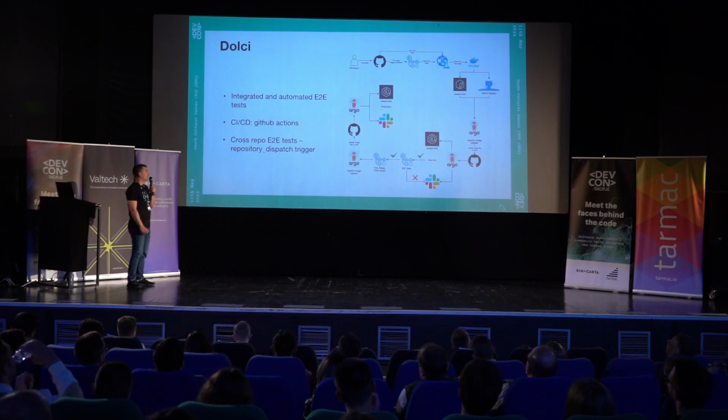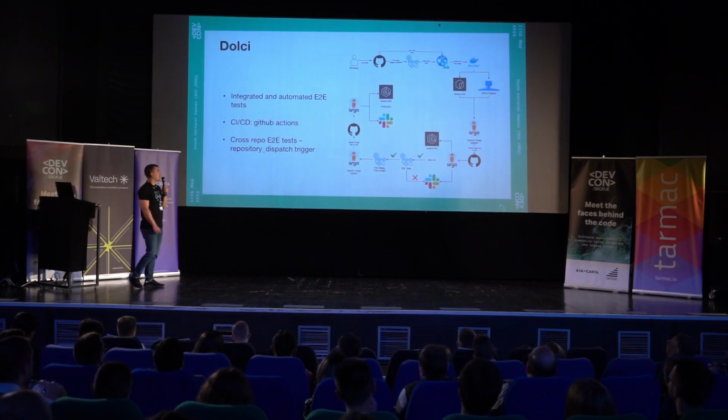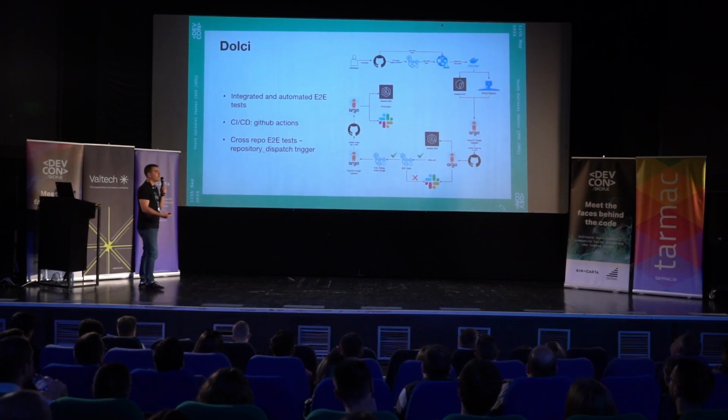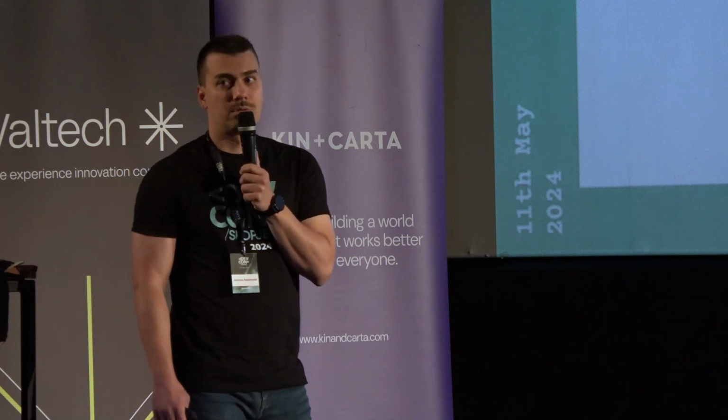The diagram here shows the process. It's quite big, so I'm just gonna try and cover that on a high-level note. If anyone has any questions or concerns or whatever, feel free to reach out later in the QA. But